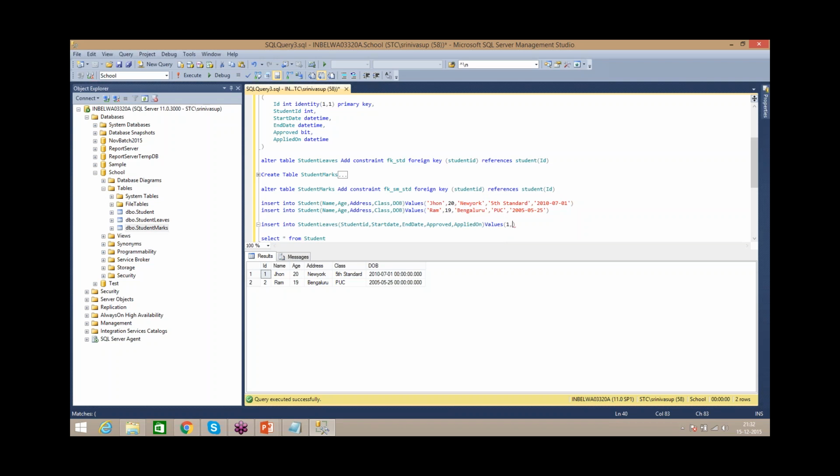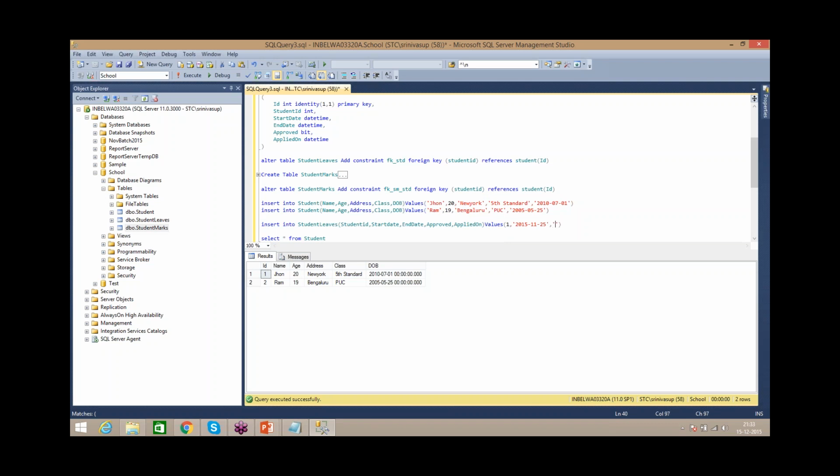Student ID I can put 1. Okay, and then start date, give some start date, somewhere around 2015, month 11, and the date somewhere around 25